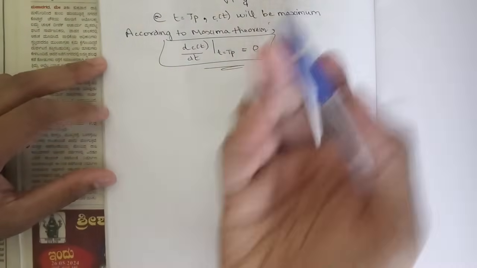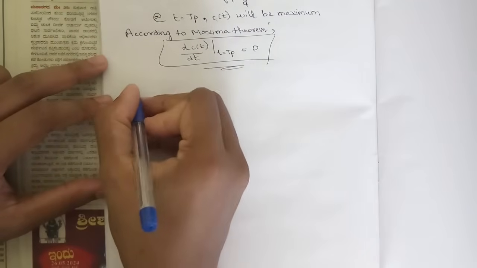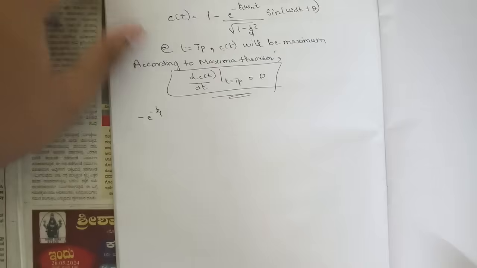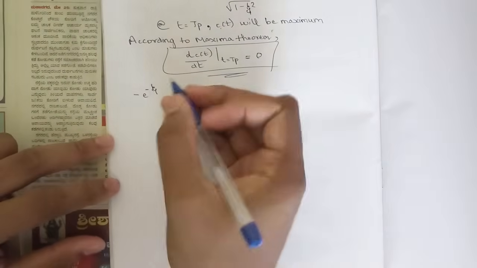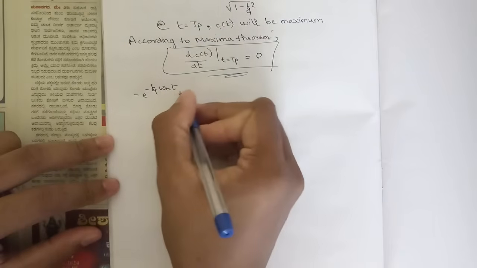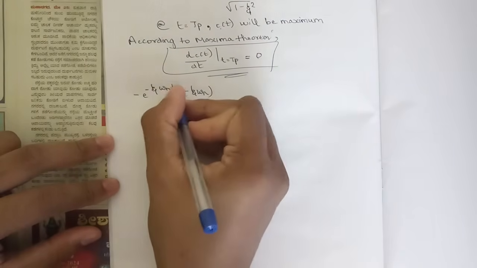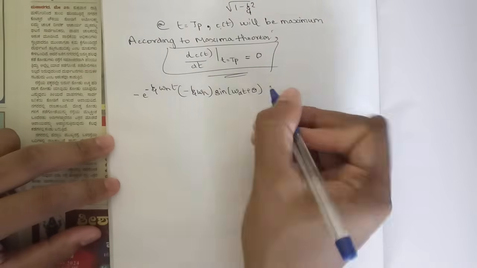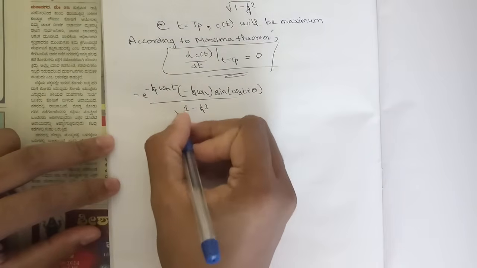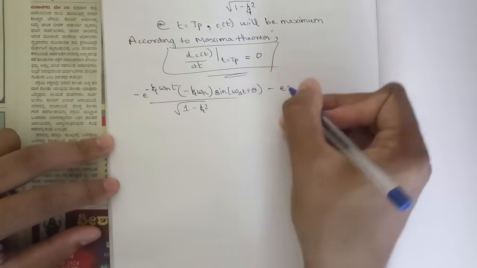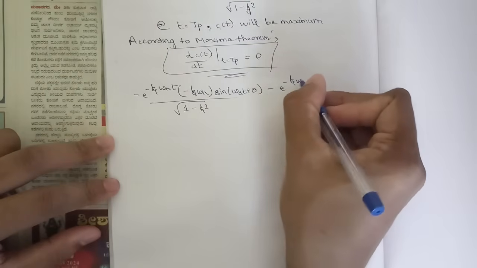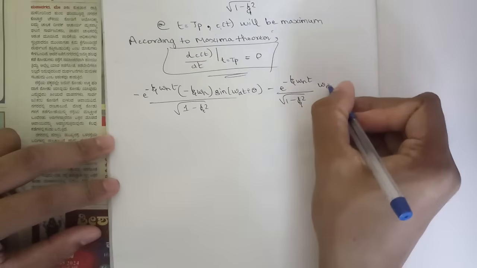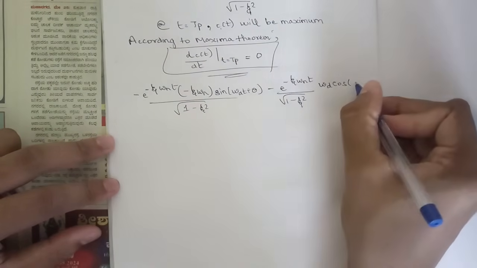So now without any further ado, let's go on solving. Let's take the derivative of this C of t. After the differentiation, the expression is minus, so the derivative of 1 is 0, so that term gets neglected. The remaining terms are minus e to the power minus zeta omega n t into minus zeta omega n, that is the coefficient of t here, sine of omega d t plus theta divided by square root of 1 minus zeta square, minus, so here we are using the UV rule, e to the power minus zeta omega n t divided by square root of 1 minus zeta square into omega d cos of omega d t